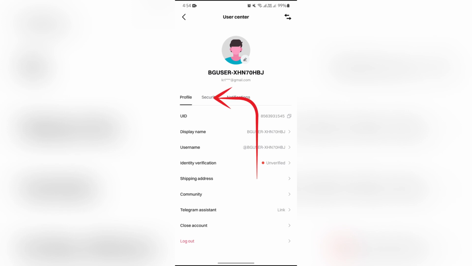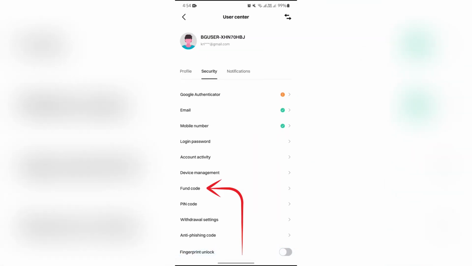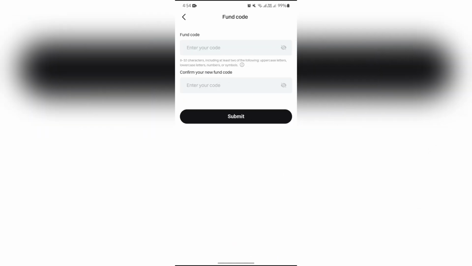You simply have to tap on security, and after going in here, you simply have to scroll down until you see this option of fund code. Just tap on the fund code option and you will get the option to add your fund code at the very top,